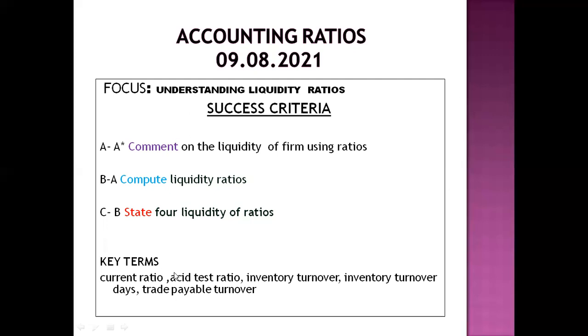Our key terms there are current ratio, acid test ratio, inventory turnover days, and then we've got our trade payable turnover. So that's what we are going to do. I hope you have understood our focus as we progress. Okay, so let's